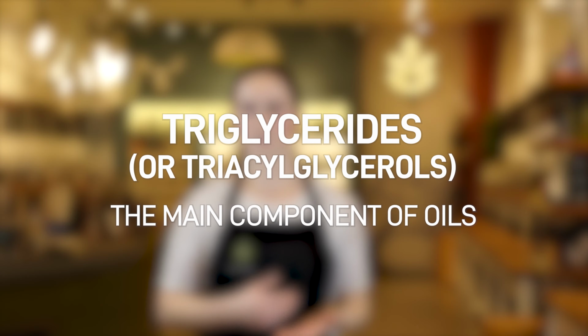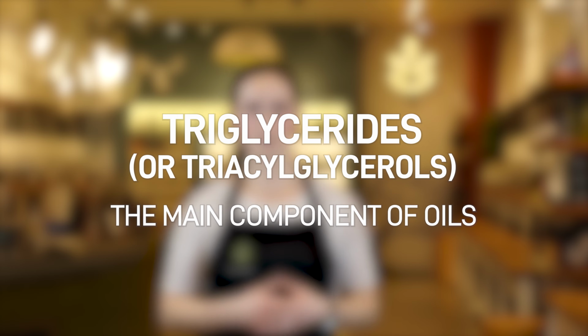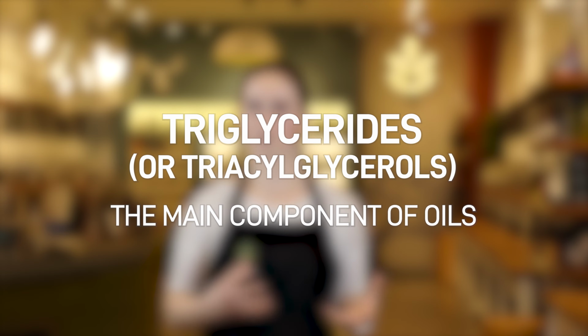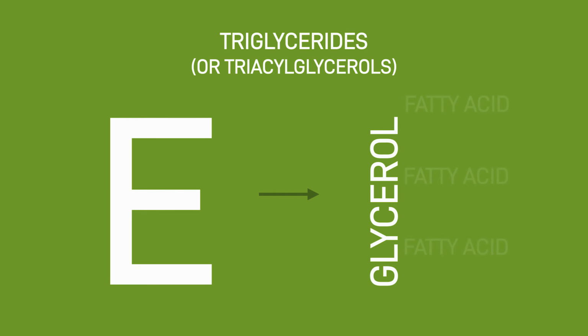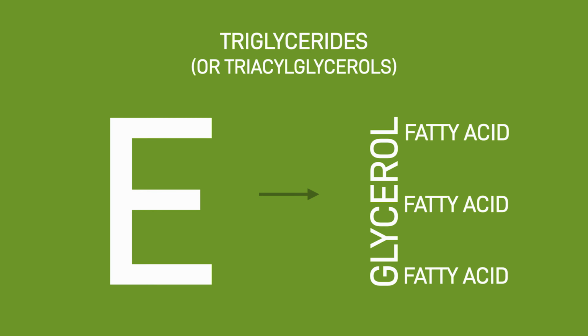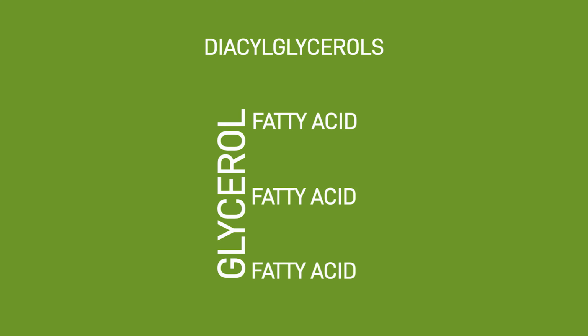Let me quickly cover how diacylglycerols are formed from triglycerides. Triglycerides, or triacylglycerols, are the main components of oils. They are E-shaped molecules that have a glycerol backbone with 3 fatty acids attached. Diacylglycerols are formed when one of those fatty acids breaks off of the triglyceride, creating either a 1,2 diacylglycerol or